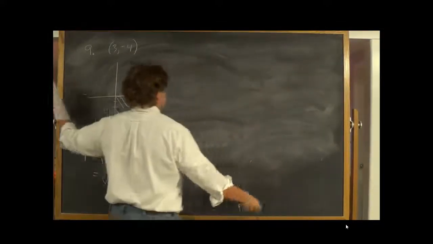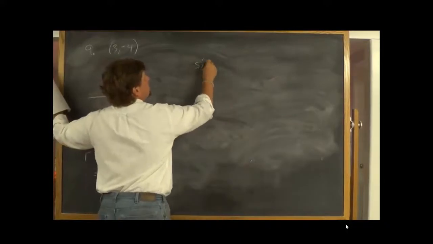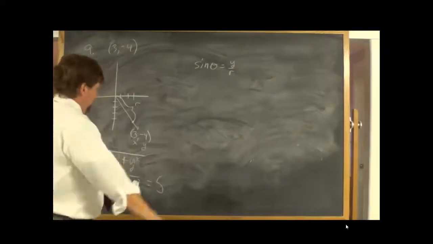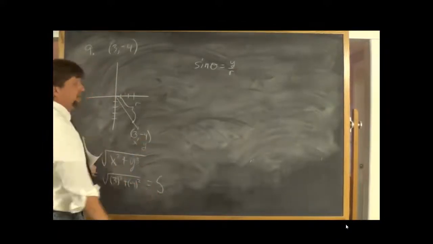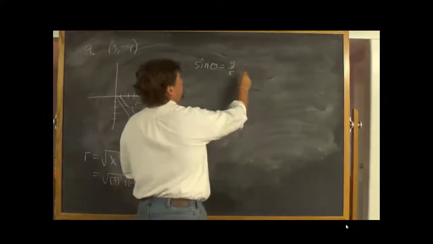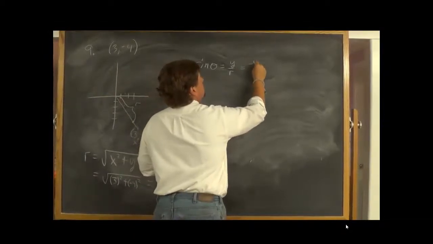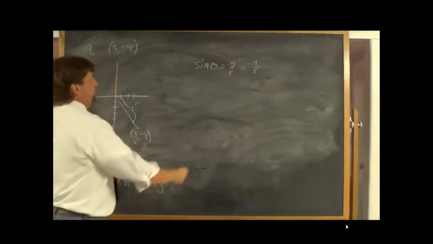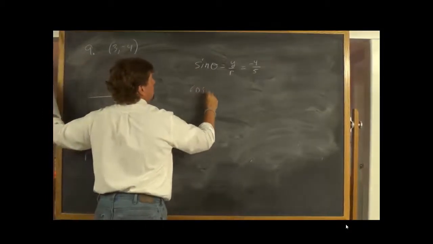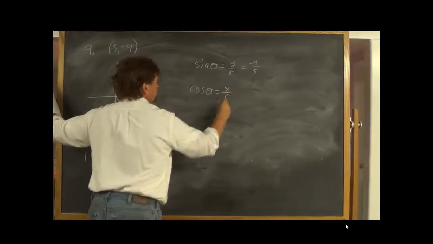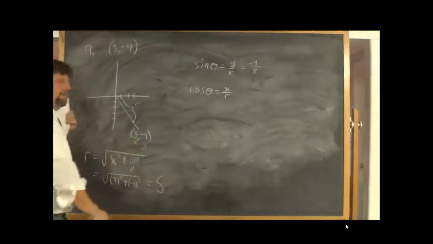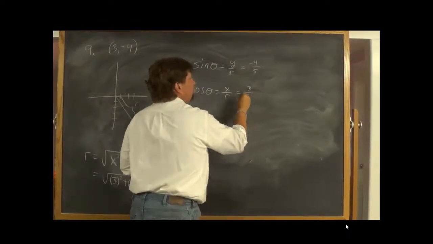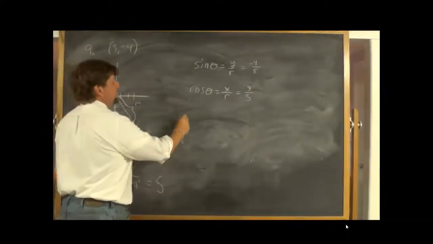So we would have sine of theta, well, that's y over r. y is -4, r is 5. So we get sine of theta is -4/5. Cosine of theta is x over r. Well, x is 3, r is 5, so we have cosine of theta is 3/5. And then tangent,